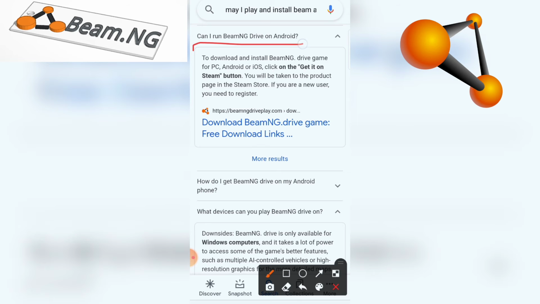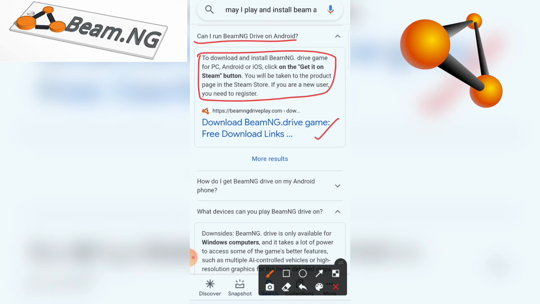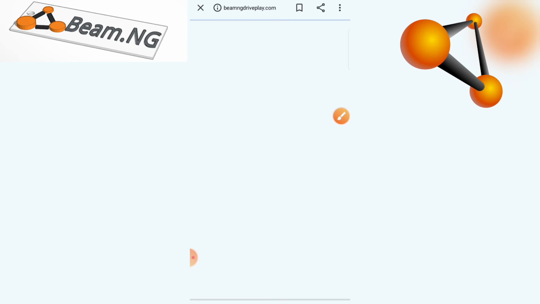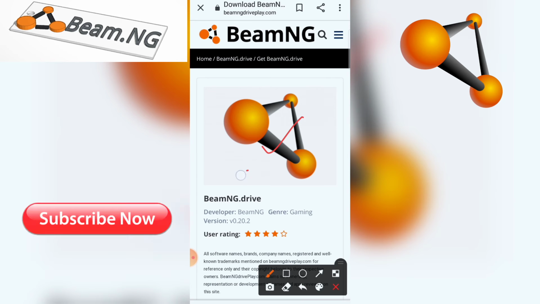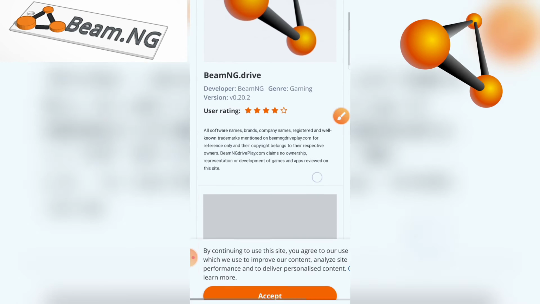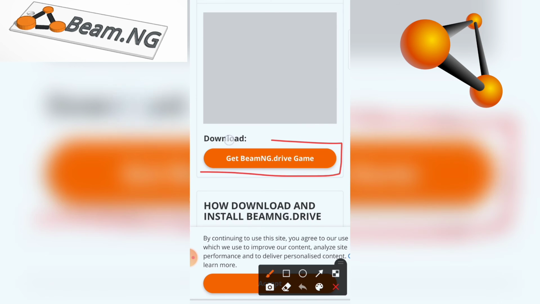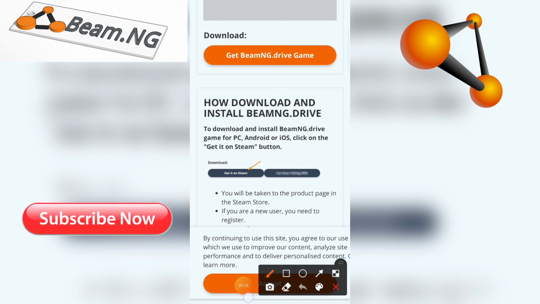Because this game is not made for mobile users. If you do not believe this, you may check it on Google. BeamNG.Drive is made only for PC users and it requires 4 GB of RAM. So please don't worry, and don't try to run this game on mobile. If you try to use this game on mobile, you will only lose your mobile data and time, and you will find nothing. I hope you like the information I told you about the game BeamNG.Drive.